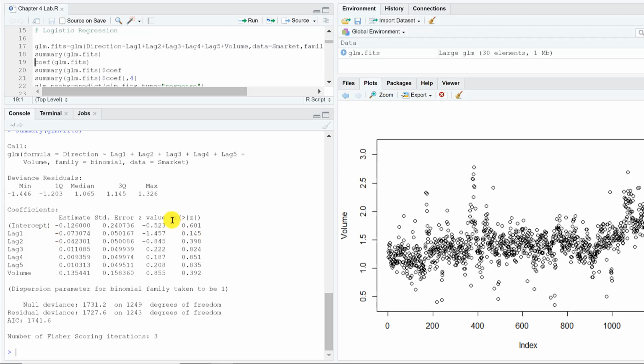If we look at the p-values for these, the p-values are 0.145 and 0.398. Those aren't very high. That's not indicating a strong predictive performance, a strong relationship. And then the p-values, as we go down to lag 3, lag 4, lag 5, are 0.8. So those are not very strong predicting